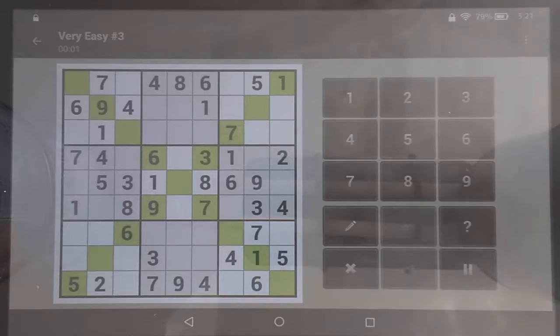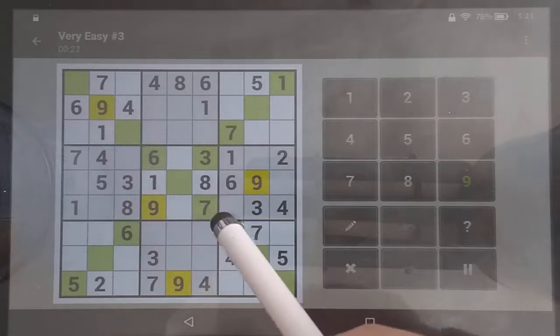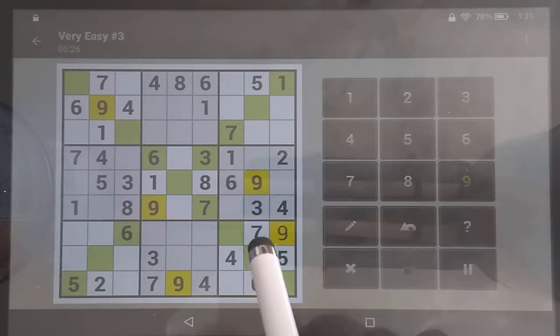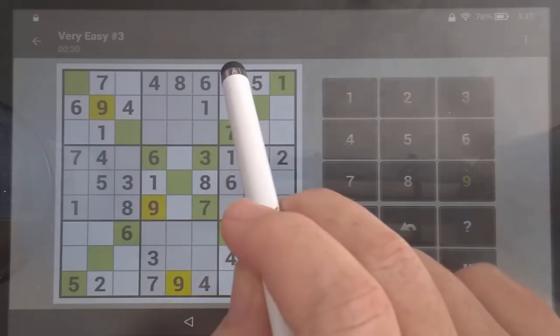Okay, X Sudoku, very easy, number 3. Looking at the 9s, I see that this 9 covers that whole row. So this 9 has to be in this top row, one of these two. It cannot be here because there's already a 9 on that leg. Got to be there. Now these two cover those columns and this one that row, so this 9 has to